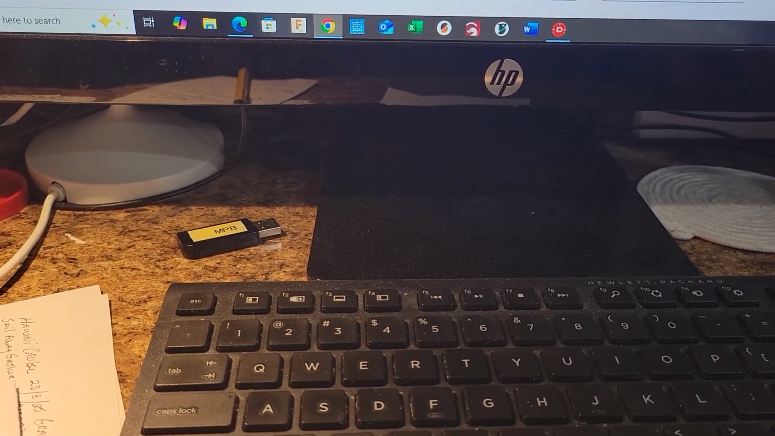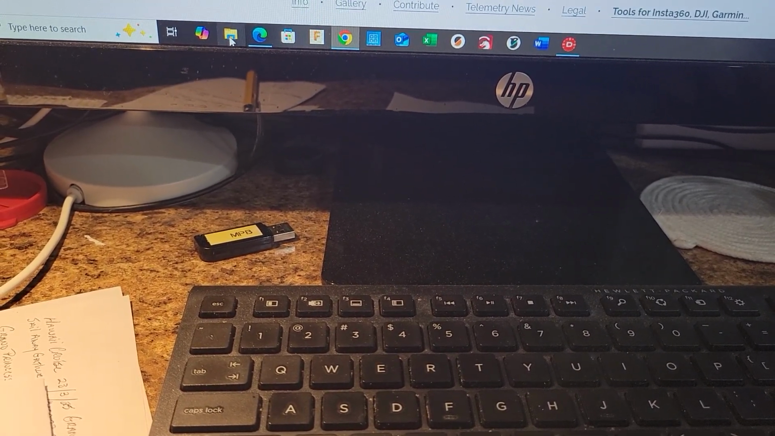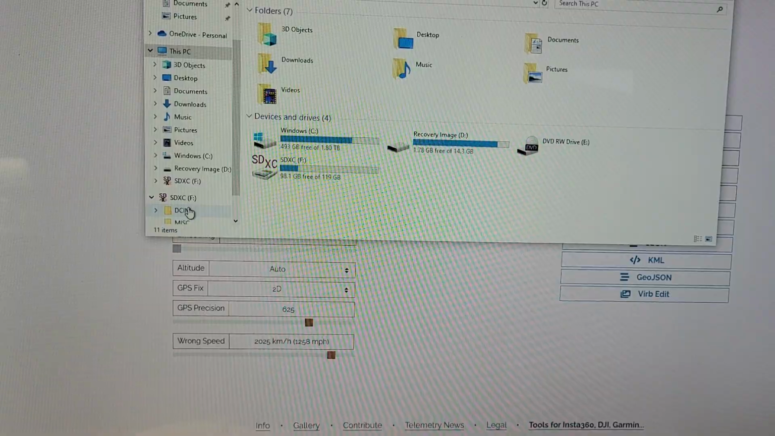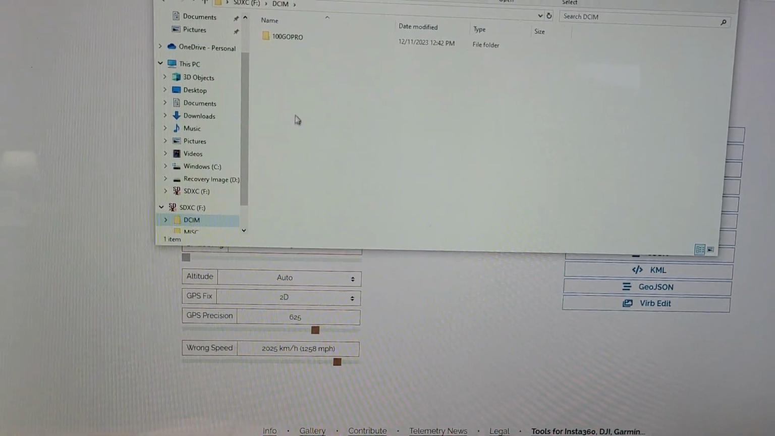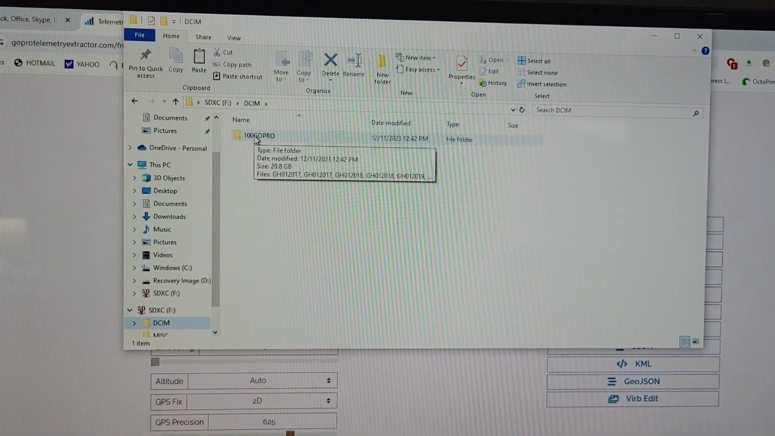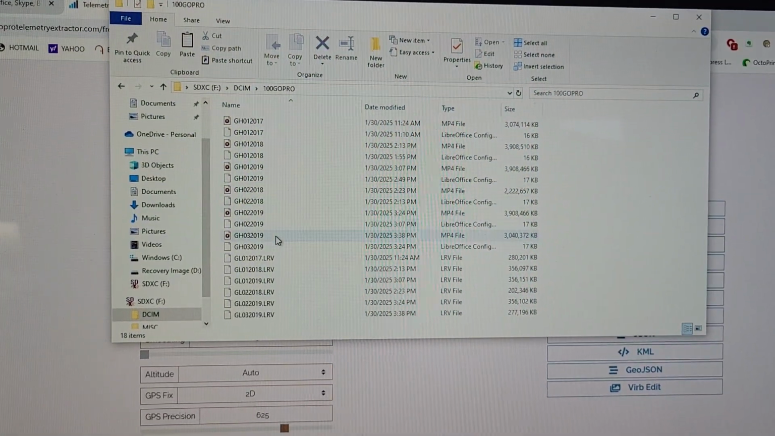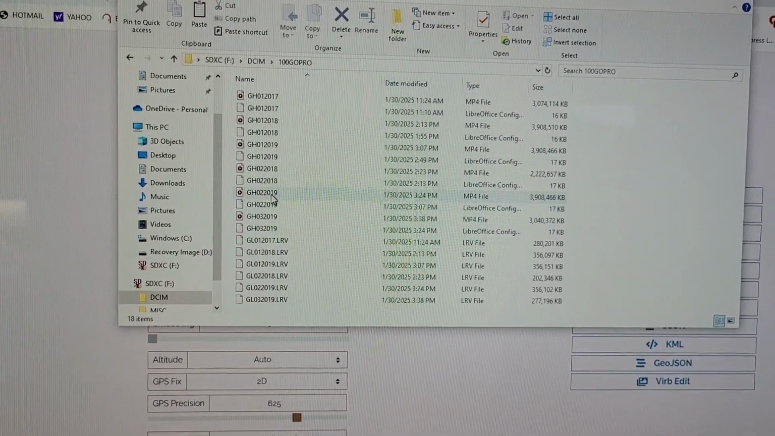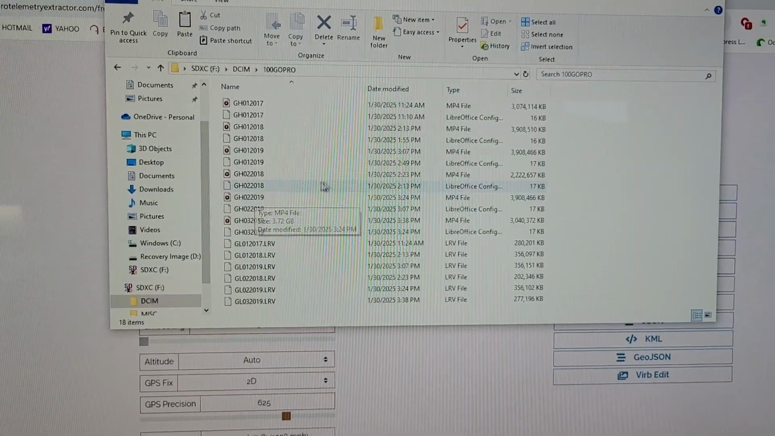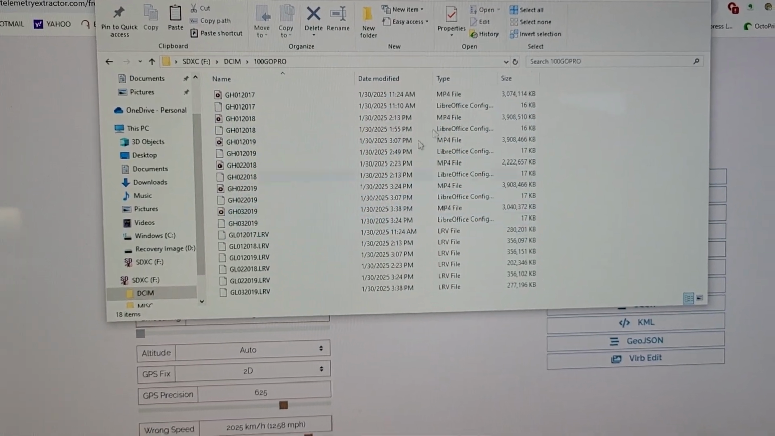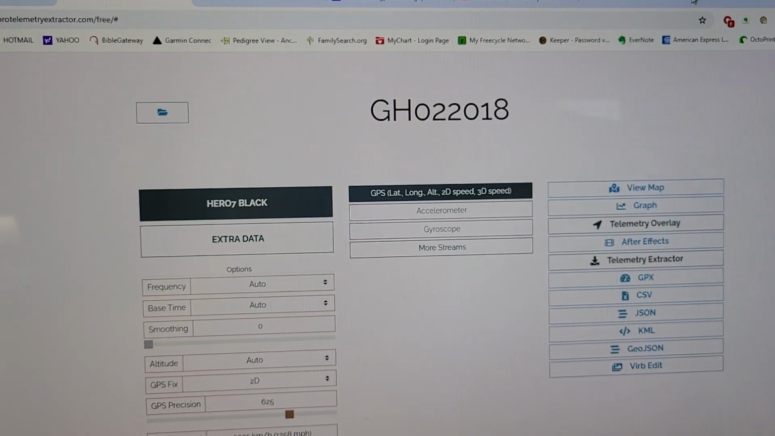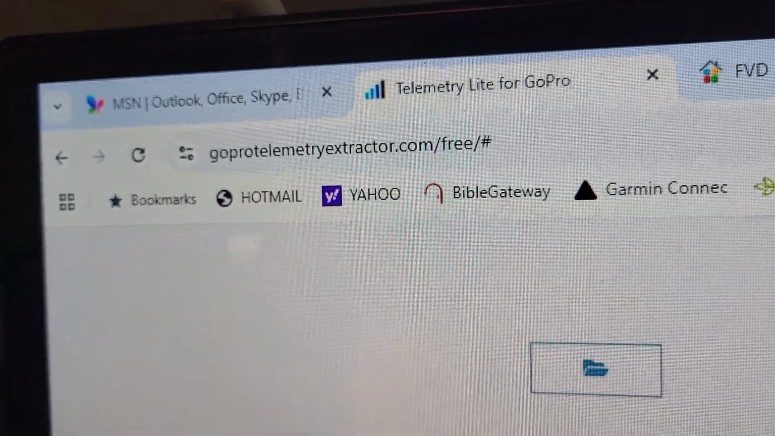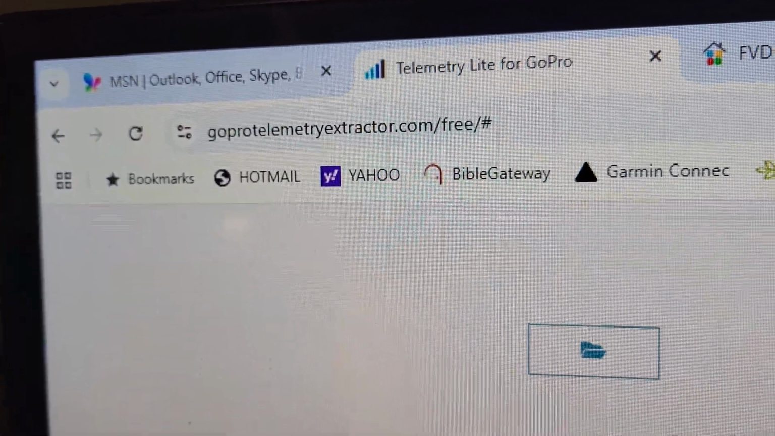So first we want to go to the folder that's got our GoPro videos, which is 100 GoPro. We need 22019. So once we know where those are at, then we go to GoPro telemetry extractor.com